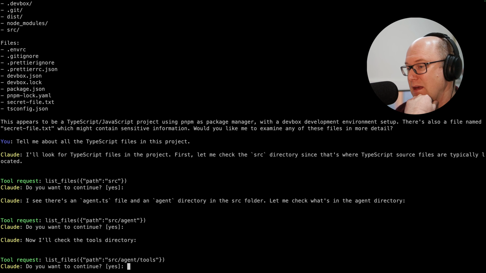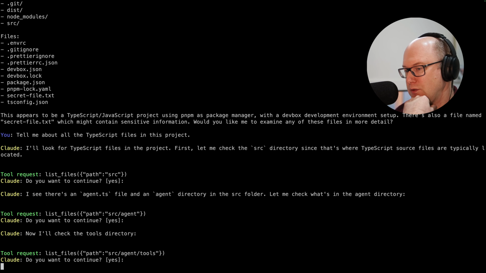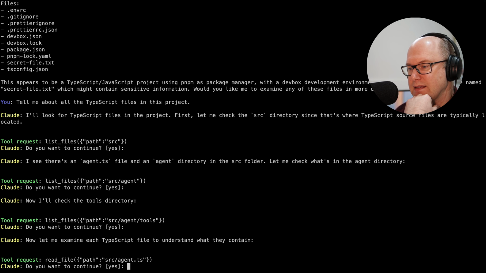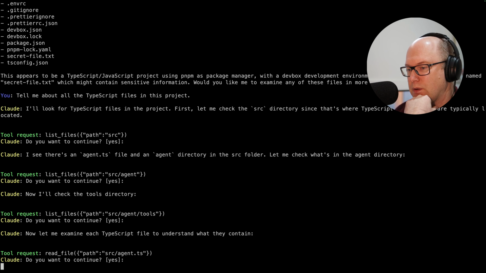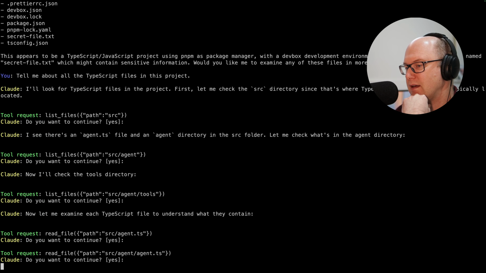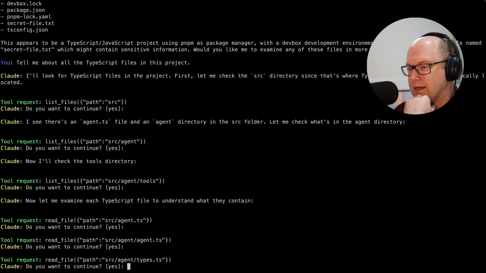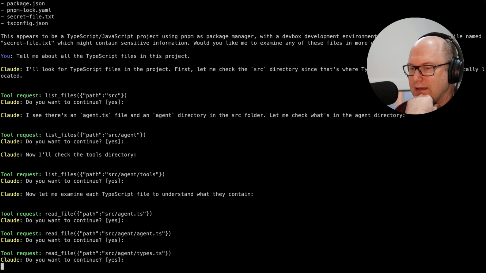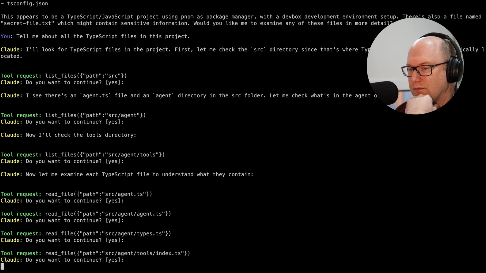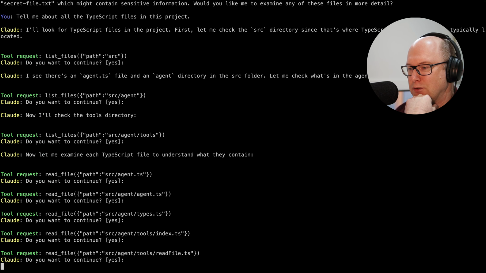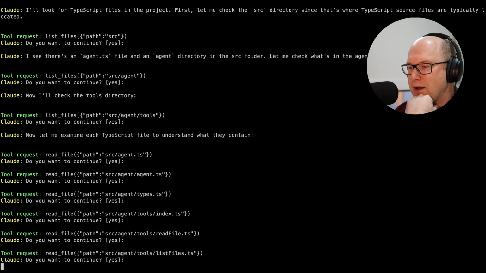And there's a subdirectory called tools with all of my tool definitions in it. It's scanning all of those. And now it's requesting to read each of the files that it's found in there. And it's at this point that I start second guessing my caution of requiring an approval for every single tool call. But better safe than sorry.